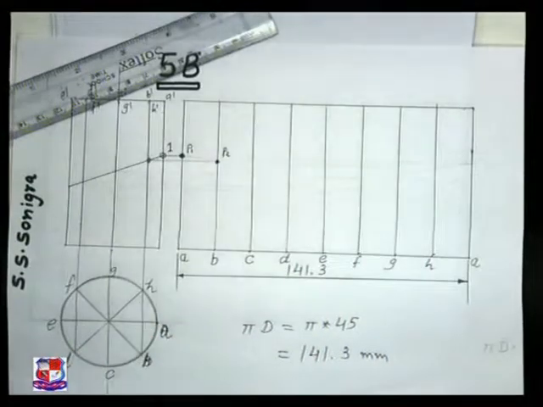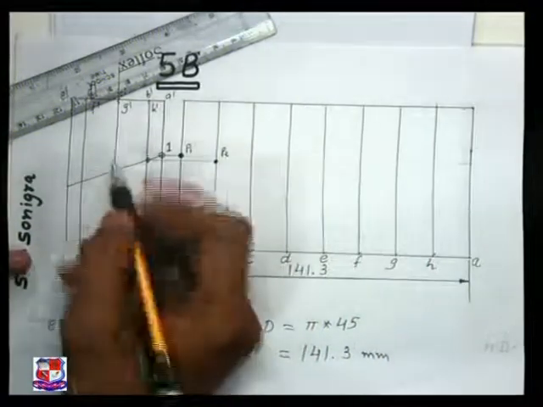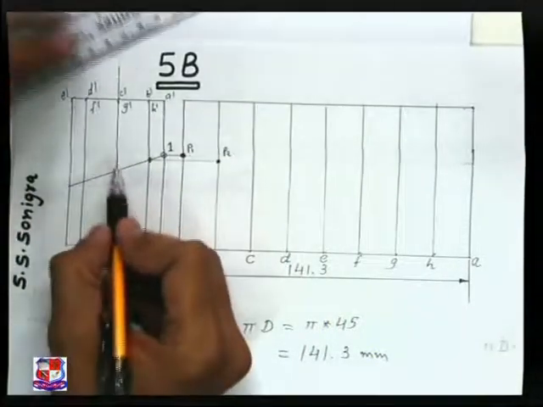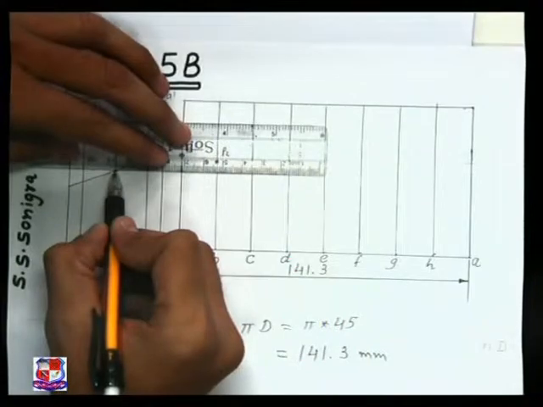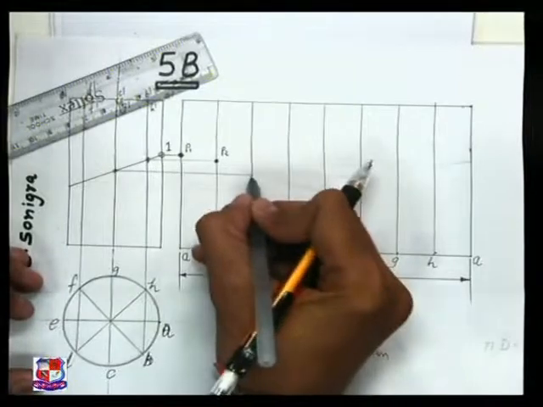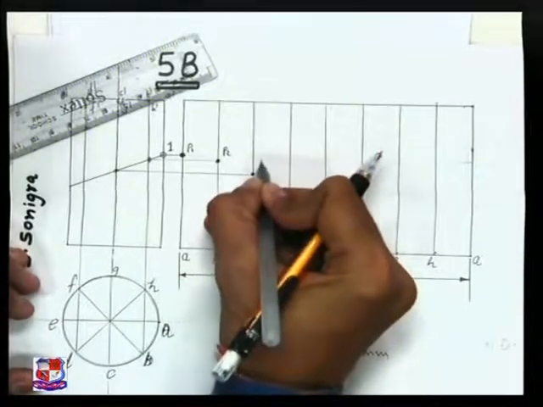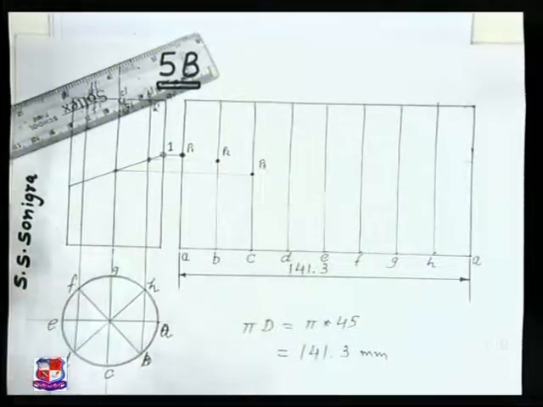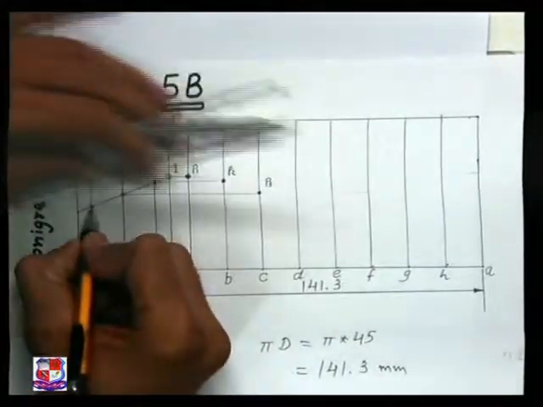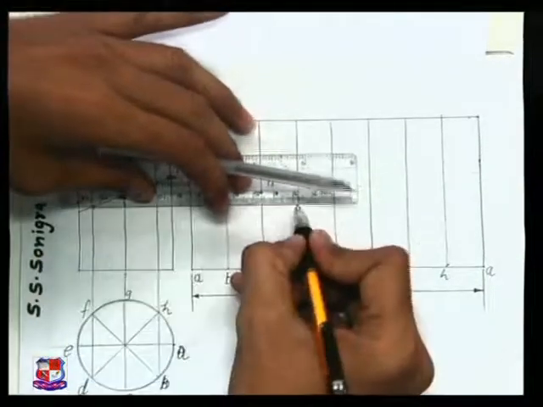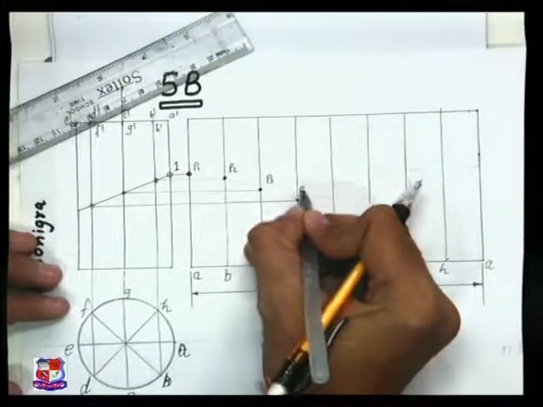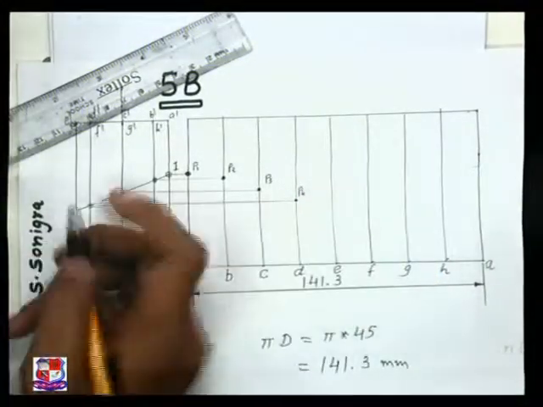Similarly, to find point P3, what should we do? This is the point on the C dash generator. From that draw a horizontal line like this, that will cut the vertical line from point C at one point, and this is point P3. Similarly, point P4 on D. This is the point on D. From that point draw a horizontal line that will cut D at this point, that is point P4.